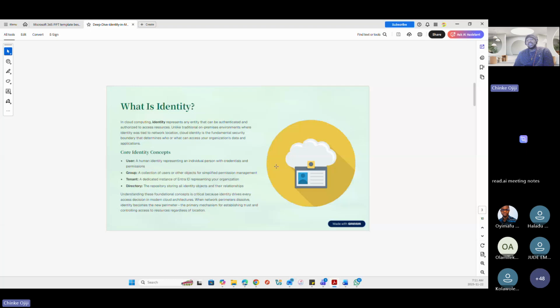It can also be a digital representation of an application or even a device. In Microsoft Entra ID, you deal with users, groups, a tenant, and a directory. A tenant is, of course, your organization in the cloud. That's where the identities live. The directory is like a container that holds those identities.